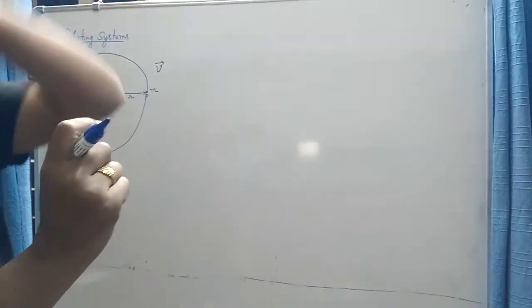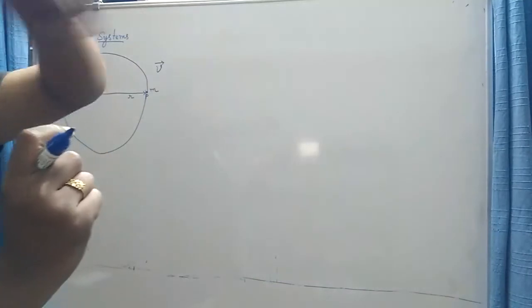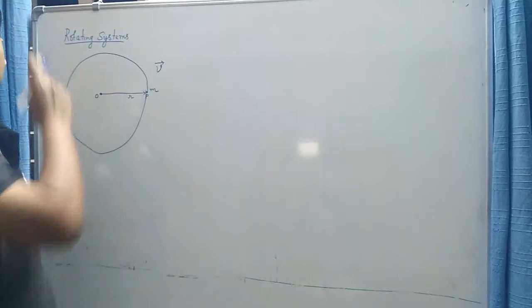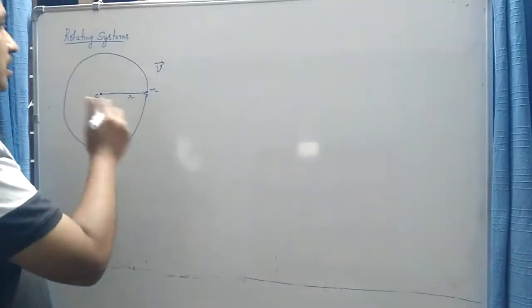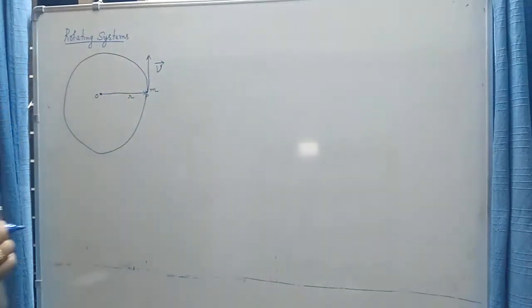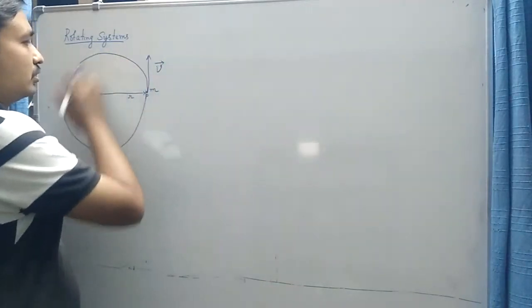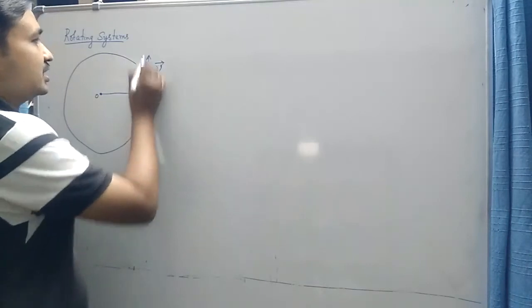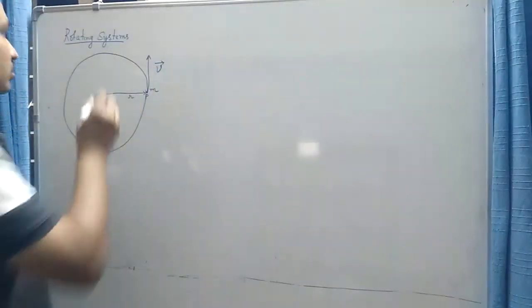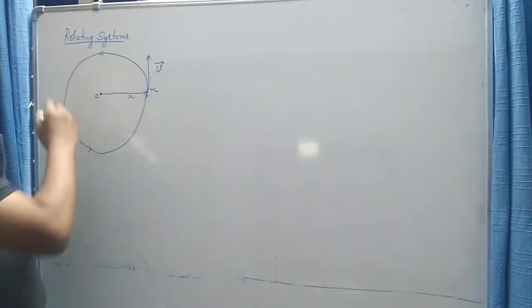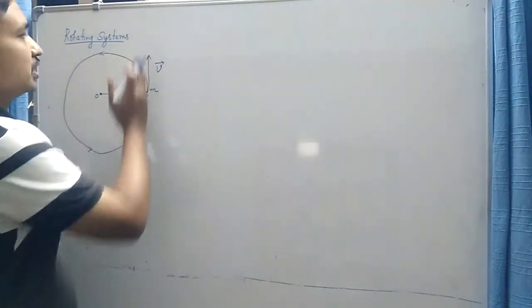So this particle is exhibiting rotational motion about this point O. At any instant of time, if I cut this rope, we know that the particle would move in this direction, a direction tangential to the direction of the circular motion. So from this observation, we can clearly say that this is the direction of the velocity of the particle. If the particle is exhibiting circular motion in the anti-clockwise direction, this would be the direction of velocity.